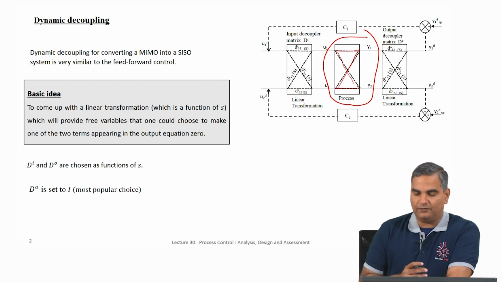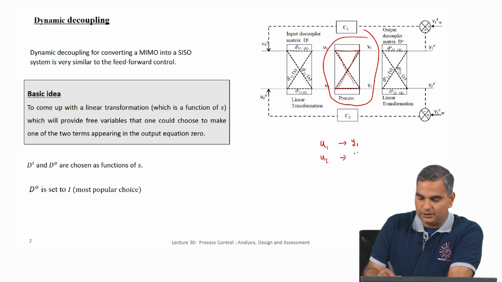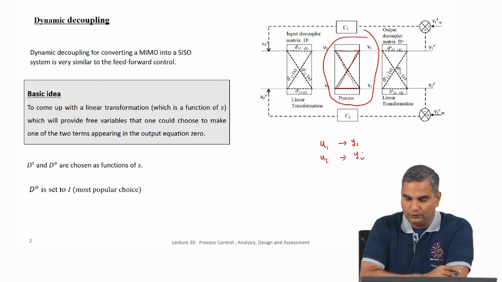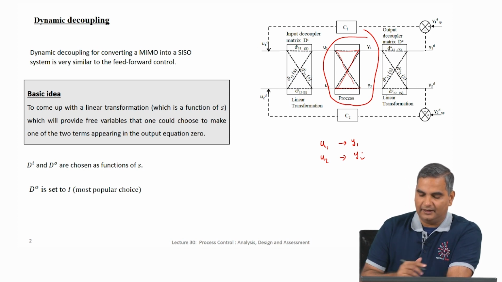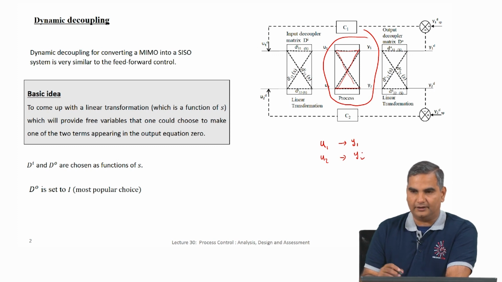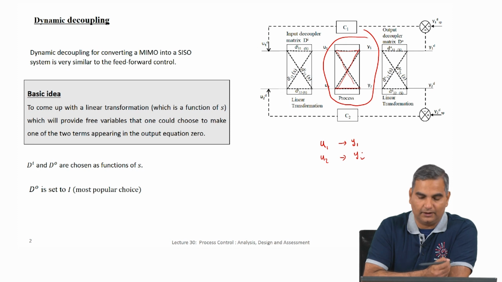However, typically what we have been doing is we have said, okay, let us look at u1 being manipulated to change y1 and u2 being manipulated to change y2 and so on. So, that is clearly not possible most of the times, but we still have ignored this and said whatever is the effect of the other loop, I will handle that as disturbance and so on, which is what I have told you at the beginning of this course.